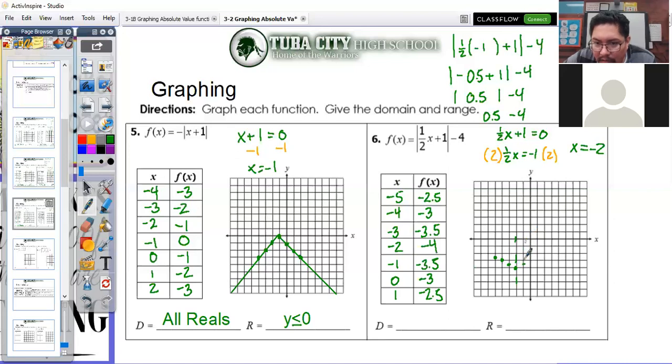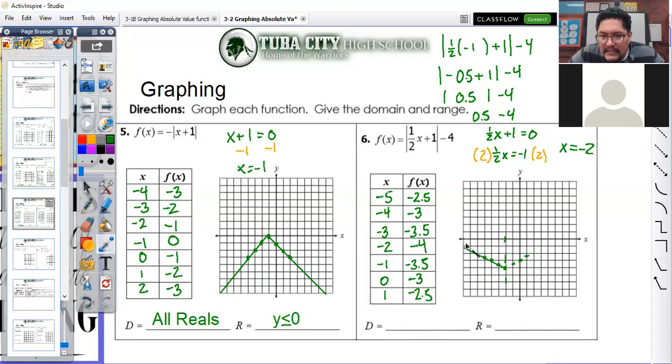1, 2, 3, and then 0.5, okay. 1, and then 0 is negative 3 over 1, down 2.5. So we have this. We've seen stretches where it gets stretched like this, but we've also seen ones that are what this would be. So this would be a compression,